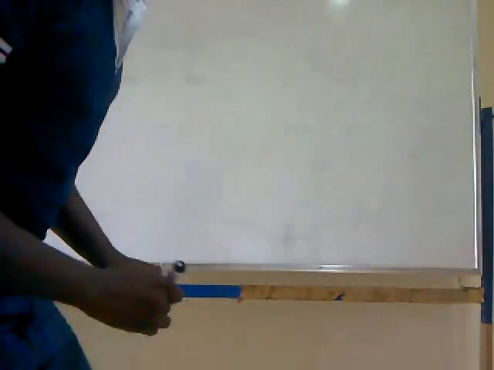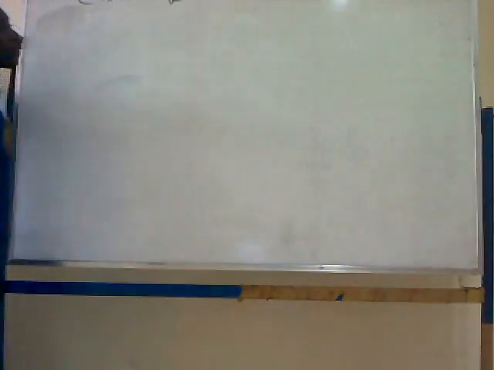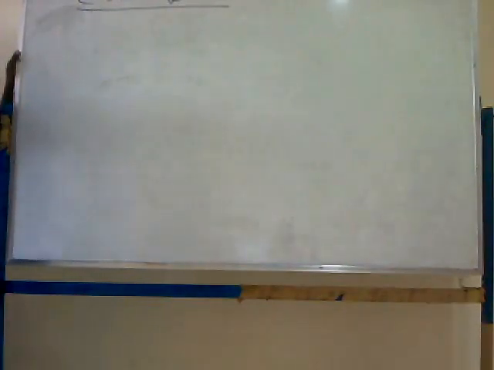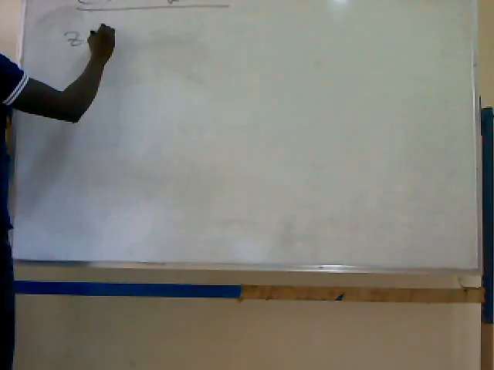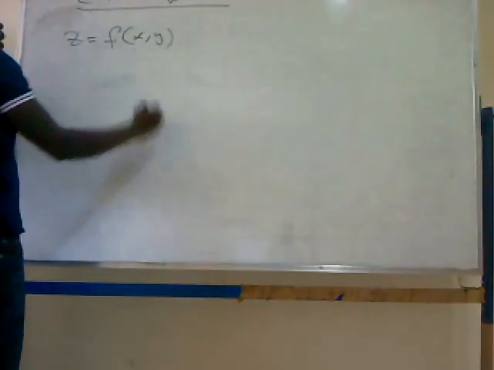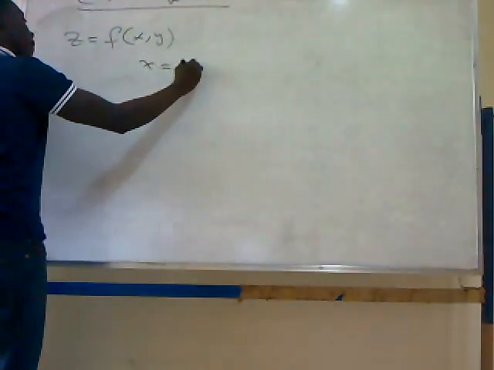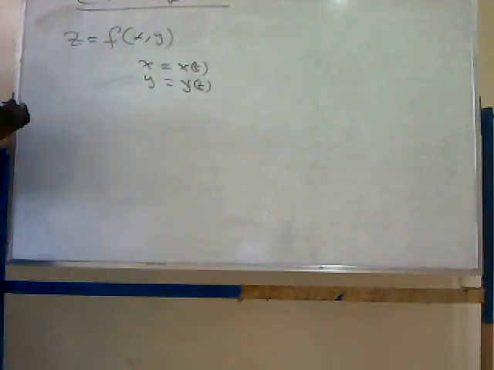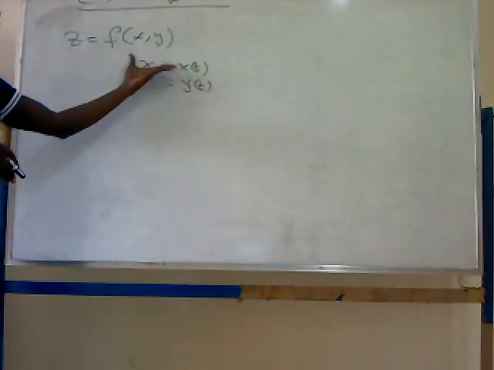We look at chain rule. Now, for chain rule, remember we are still on partial differentiation. For chain rule, there are some functions. Let's look at z being equal to f of x, y, where x is a function of t and y is also a function of t. Now, we can see that when we replace x and y by their respective functions of t,